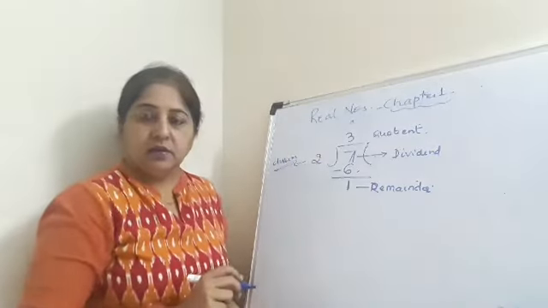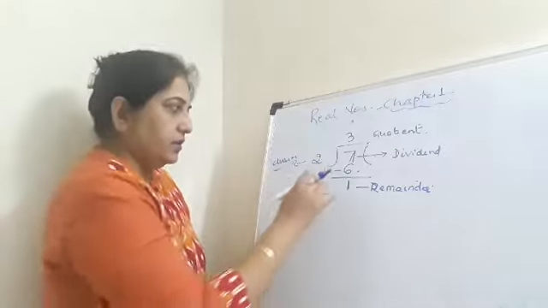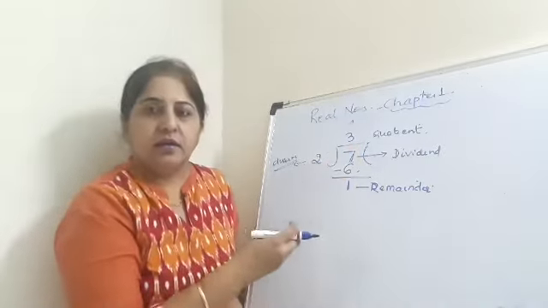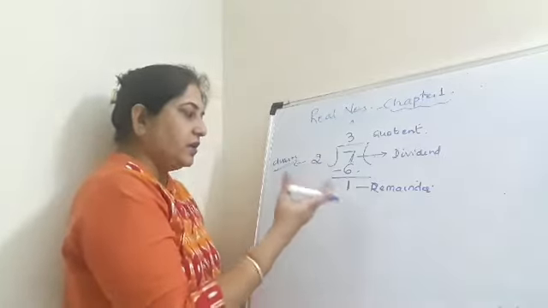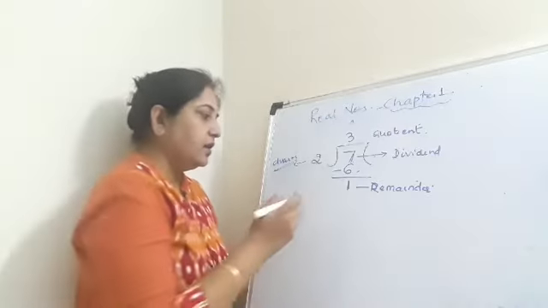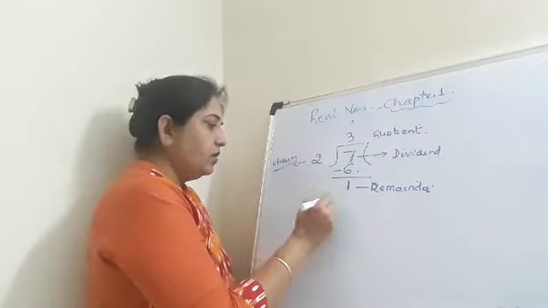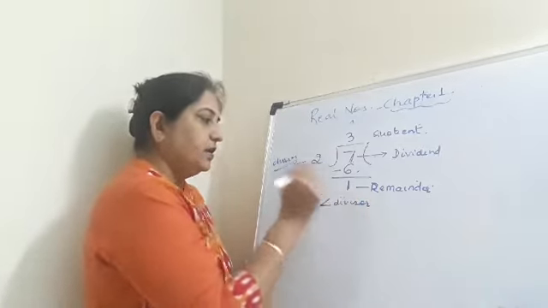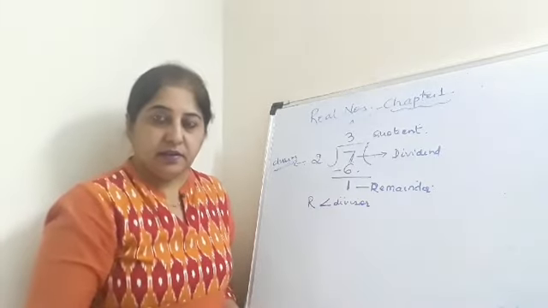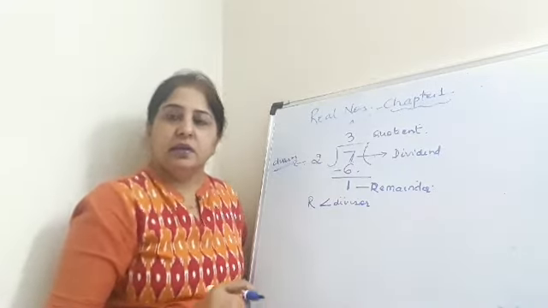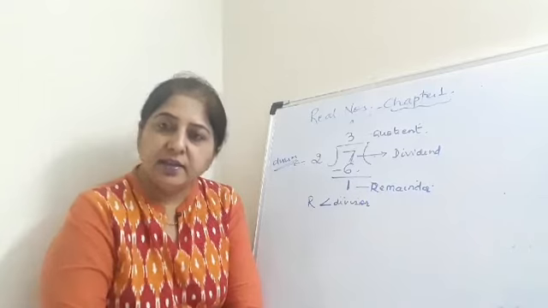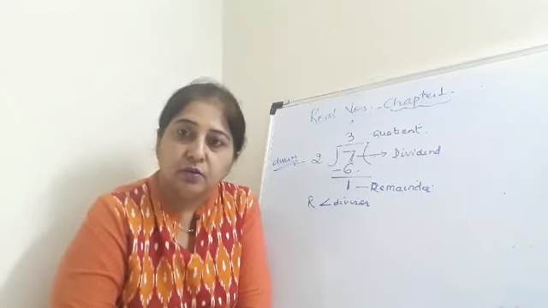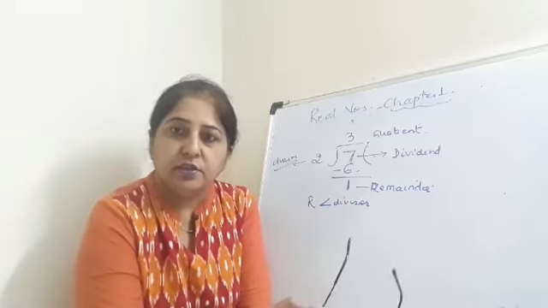It is a divisor. Now when we see this division, there is a hidden fact. It's not hidden, it is actually a fact. You will always say that the remainder is always less than the divisor, right? Remainder is always less than the divisor. Now the remainder can be 0, it can be greater than 0, but it cannot be less than 0. So two conditions I have told you.